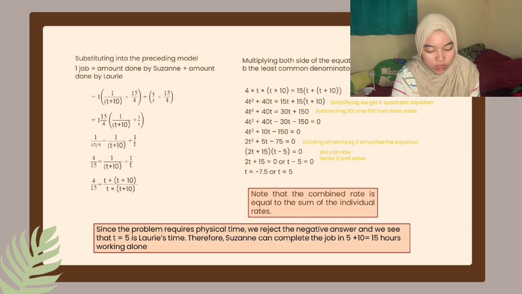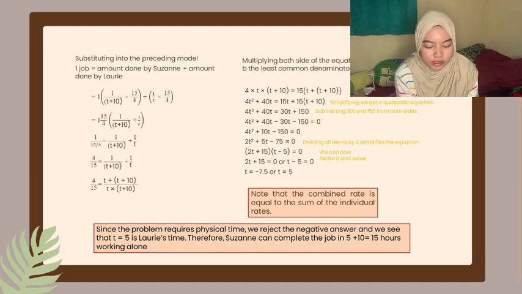So 4 over 15 equals 1 over (T plus 10) plus 1 over T, which equals (T plus (T plus 10)) over T times (T plus 10). Multiplying both sides of the equation by the least common denominator,